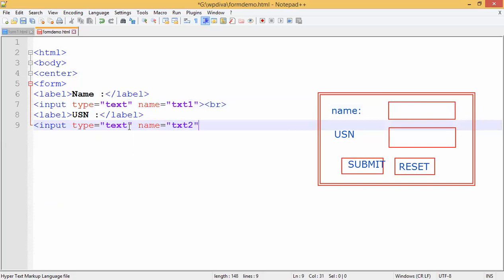Then I will close the tag. Again, I will include a break tag there. So what part of the code is over now? Here we are done with this part of the code. Name is a label, the first text box is there, USN is there, and we have got a second text box.